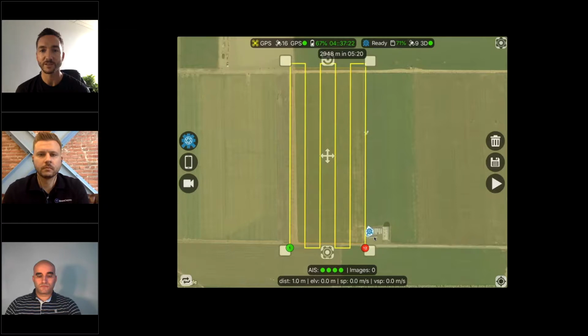So again, you can see the status message, the SD card, the number of GPS satellites. We have our own GPS on board the sensor, so that's the GPS status of the sensor itself. You can see those AIS measurements at the bottom. So very similar interface. One additional feature that we did add in this case was displaying footprints of the images